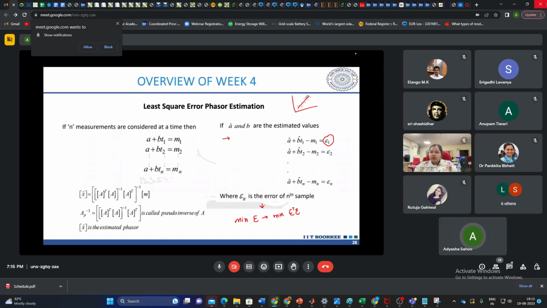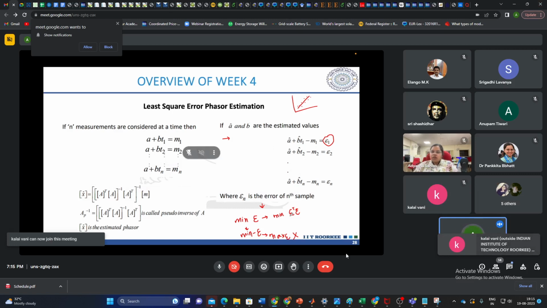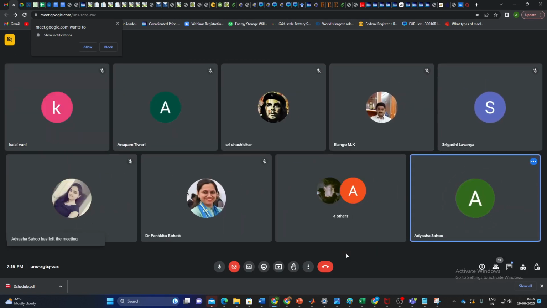Yeah. So basically, this deviation, as I said, may be positive or negative. If you just minimize this, then at some point, if the deviation is, let's say, negative, what will happen is you will be minimizing the positive error and also minimizing the negative, which implies that you are maximizing the error, which is not our objective. So hence, what we are doing is minimizing the squared error, and these are all in matrix form. So for the matrix square, we can represent it as just,